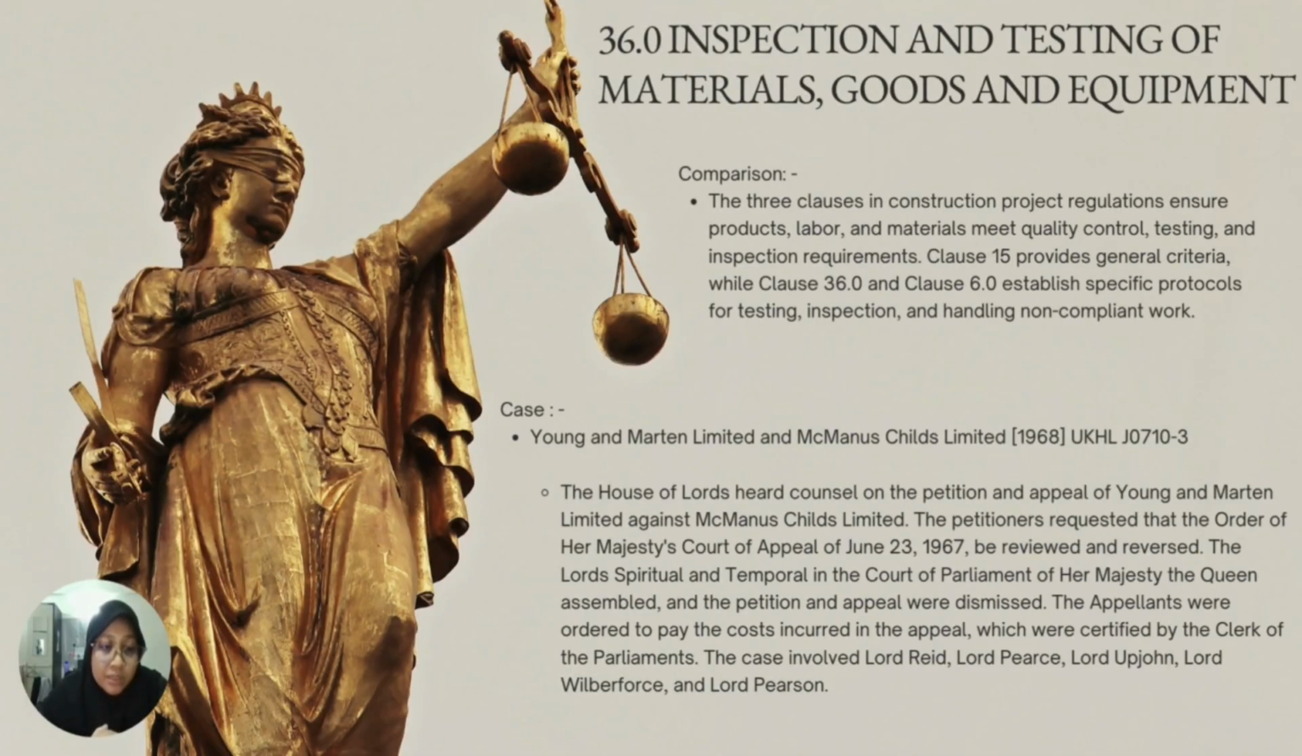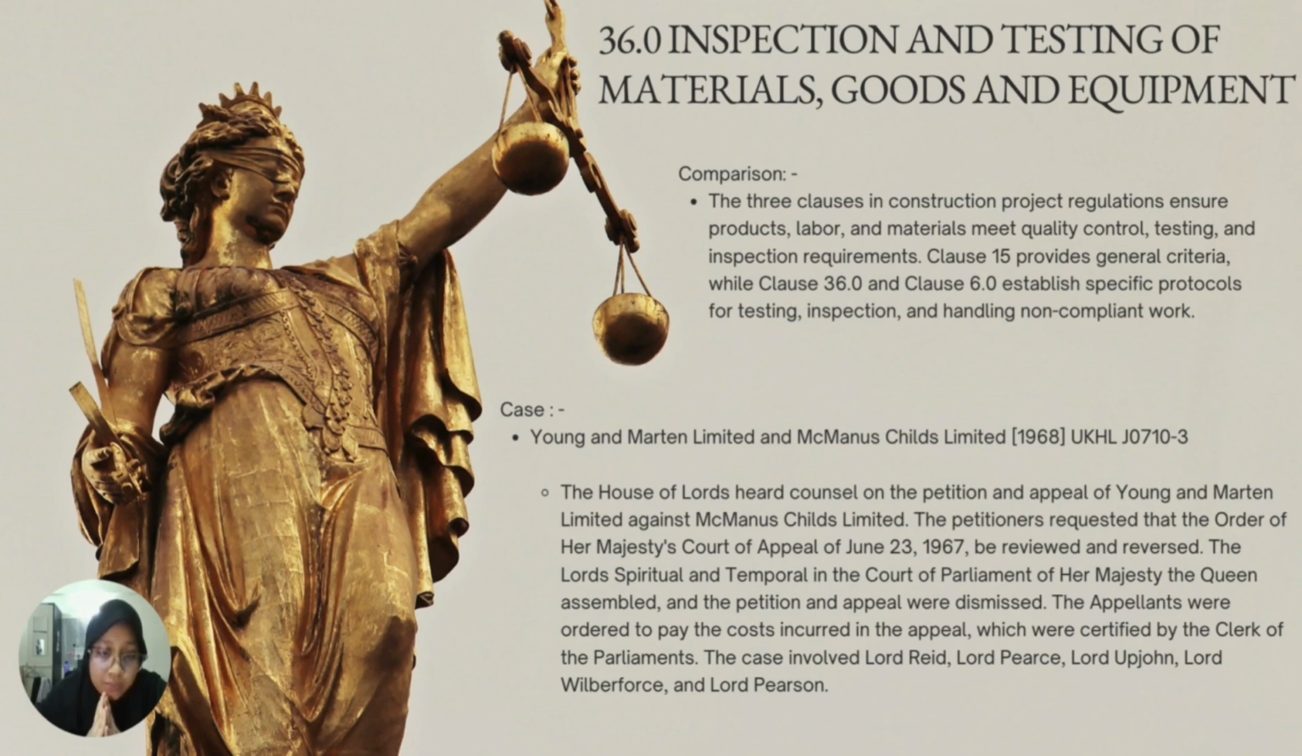Next is also similar to Clause 35 but is regarding inspection and testing of materials, goods, and equipment. All three clauses in COC in construction project regulation ensure that products, labor, and material meet quality control, testing, and inspection requirements. Clause 15 in CIDB provides general criteria, while Clause 36 for PWD and Clause 6 for PAM, which is material, goods, and workmanship, to conform to description, testing, and inspection, establish specific protocols for testing, inspection, and handling non-compliant work. For the case, it is Young and Martin Limited and